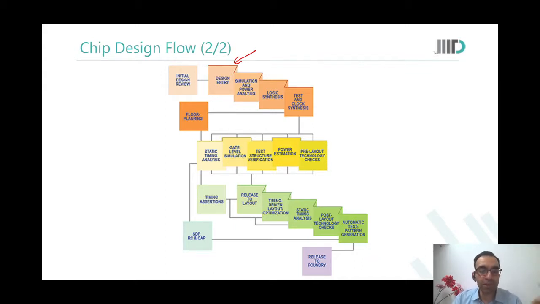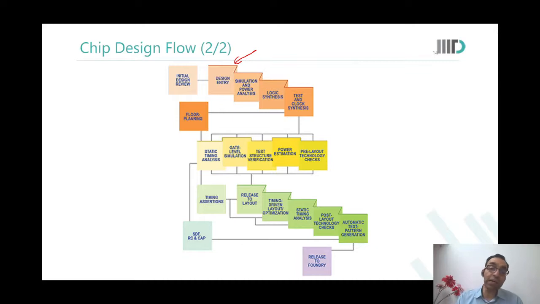So you start to put the layout of the AND gate as to how it will appear on silicon. You put the layout of the NOR gate, of the adder, of everything, of the memory. So all those things you now start to put together, and you now do timing driven layout optimization. That, okay, the output of this AND gate is going into this OR gate, so let me place this AND gate and OR gate together. So that is layout driven, timing driven layout optimization.